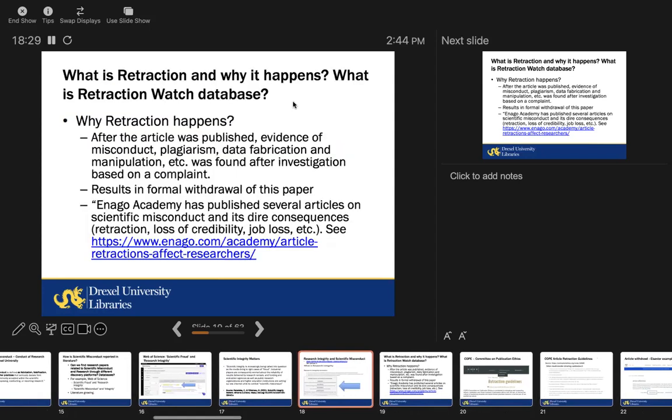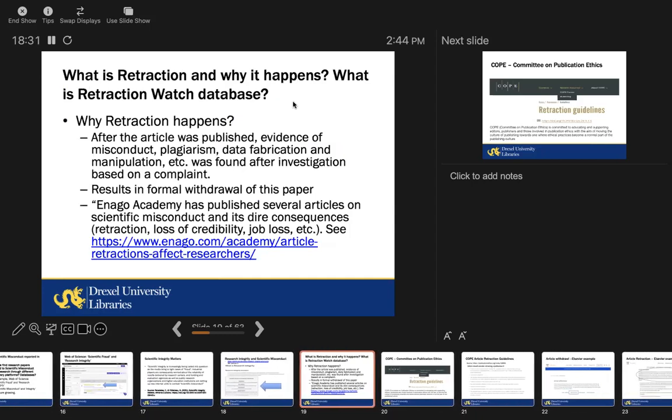Let's go to the next. And that resulted in a concept called Retraction Watch. Very interesting. What happens is, suppose I publish a paper using some of your data. I say that this is my own data and I'm publishing it. And it got published. The reviewers didn't find it. They couldn't catch that what I did was wrong.